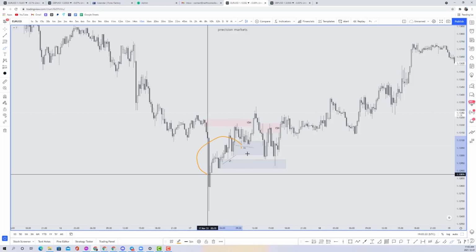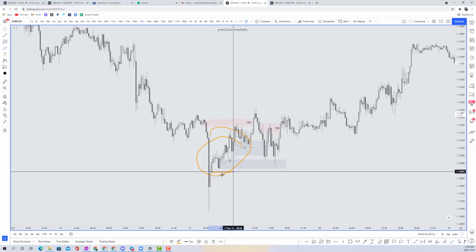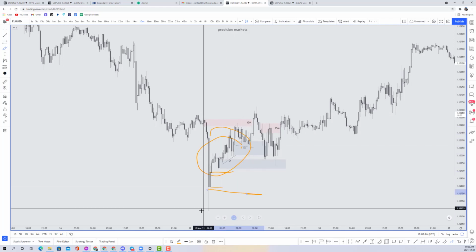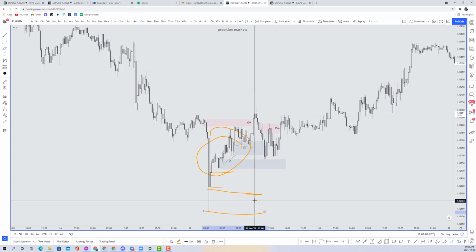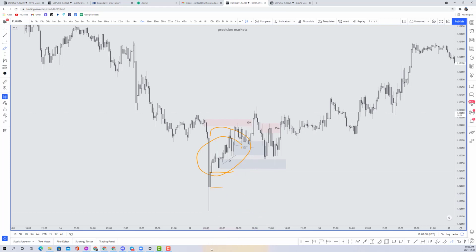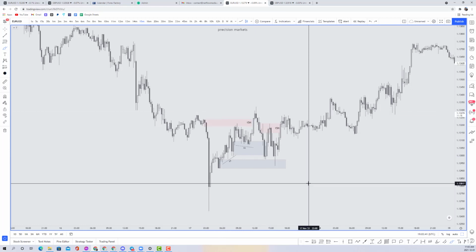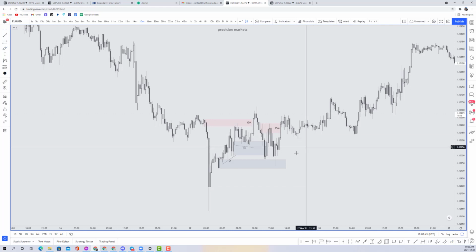So these two zones stood up to me, and obviously we have this wick, and preferably we don't want to see price go down to the extreme after it took a supply, because this did create new bullish structure on the 15 at the time. I believe, yes, it did. Again, so moving forward now,